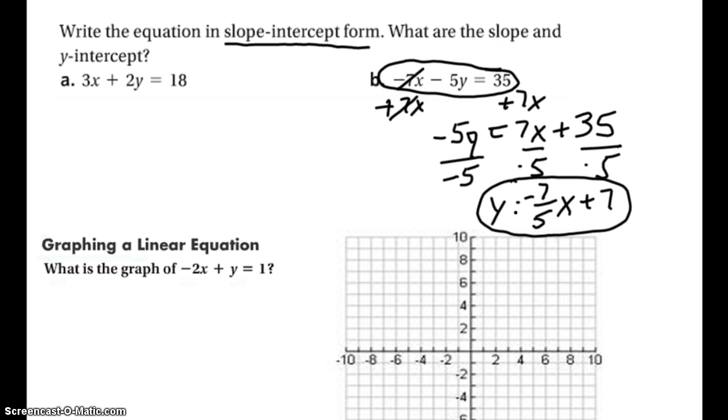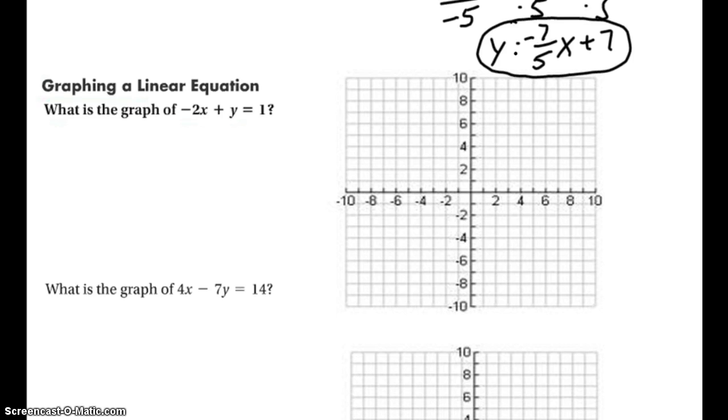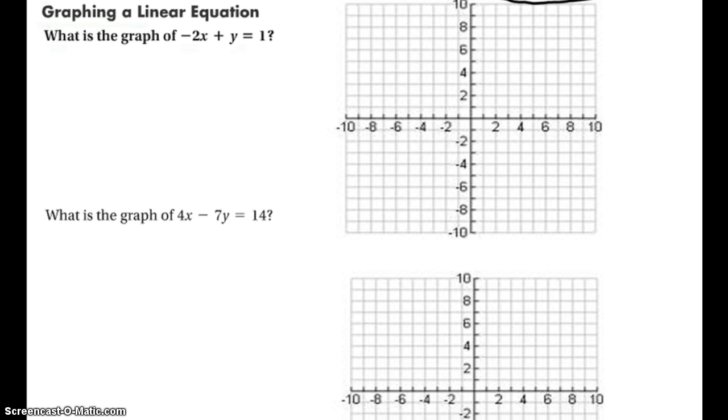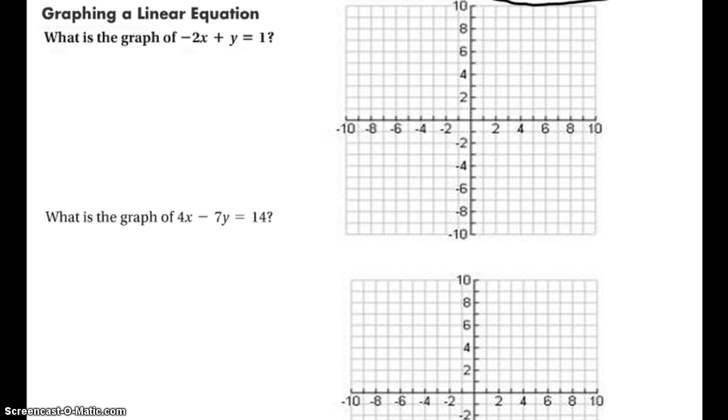Let's talk more about graphing. Here are two equations which are in standard form. They want us to graph them. One way to graph these is obviously to solve for y. Here we're going to add 2x to both sides